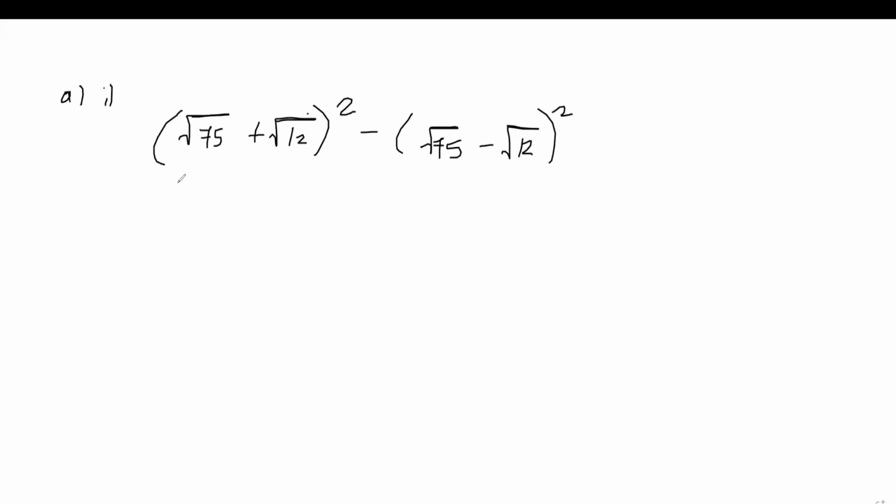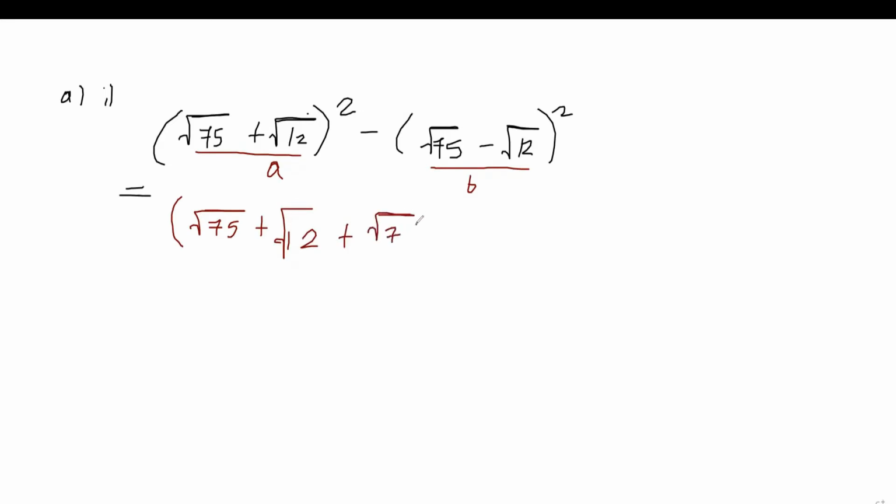Look at this. This is the difference of two squares, isn't it? If you look at it, you realize that all of this is like A and all of this is like B. So it's like A squared minus B squared. So this would be equal to (A plus B), so it would end up being root 75 plus root 12 plus root 75 minus root 12, multiplied by (A minus B). Your A minus your B would be root 75 plus root 12